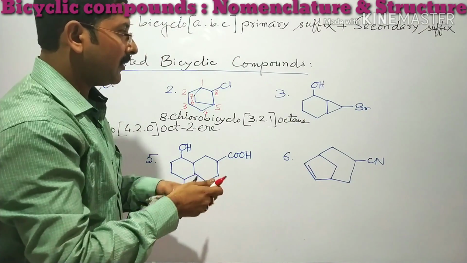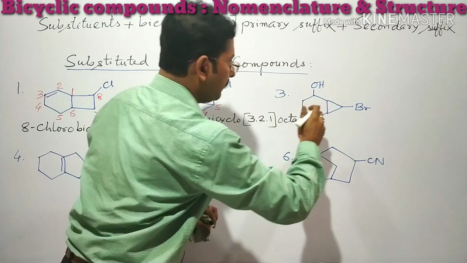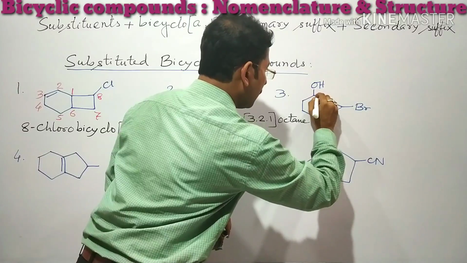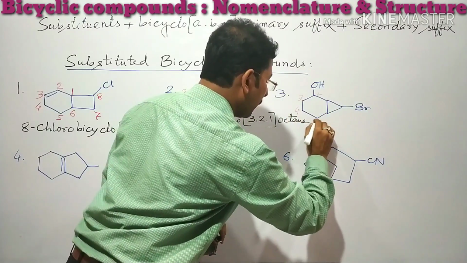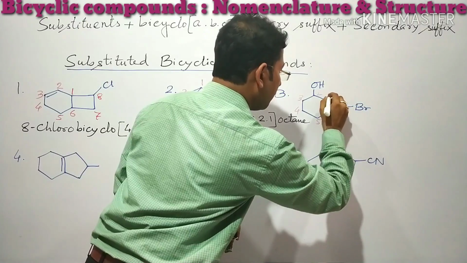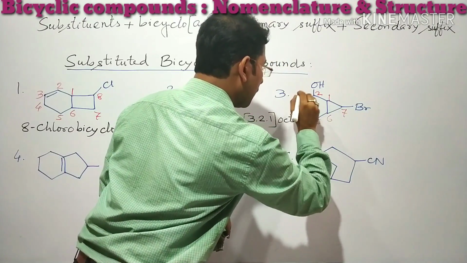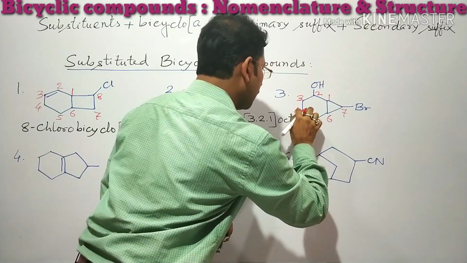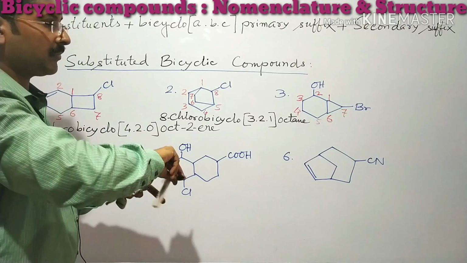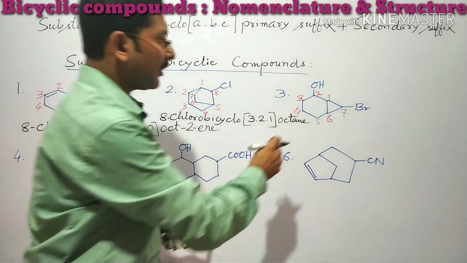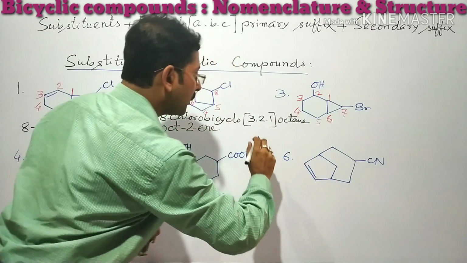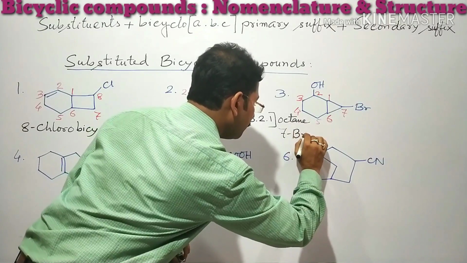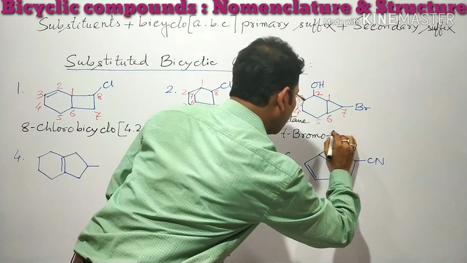Now let's take the next example. This is carbon number 1, bridgehead carbon. Then this is 2, 3, 4, 5, 6 and then 7. Okay. What is the name of the compound? You have to write the substituent first. The substituent is 7 bromo and 2 hydroxy. So alphabetically bromo first. 7 bromo, 2 hydroxy,